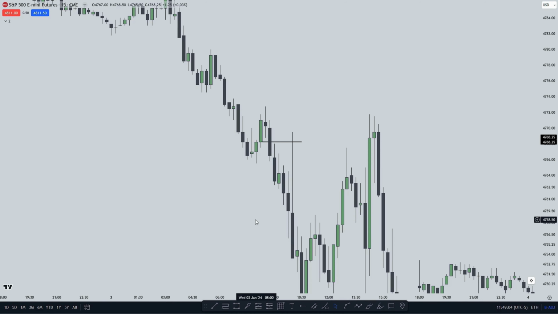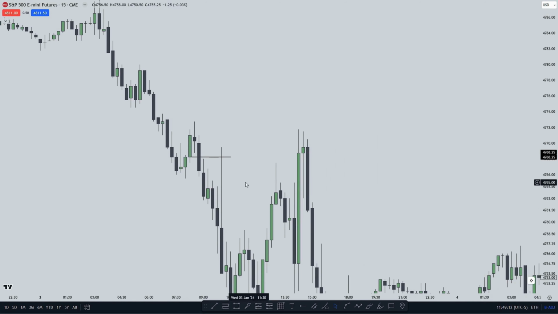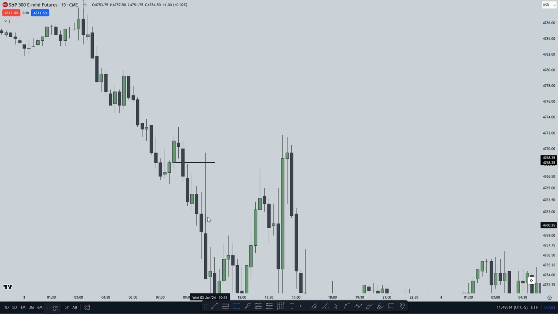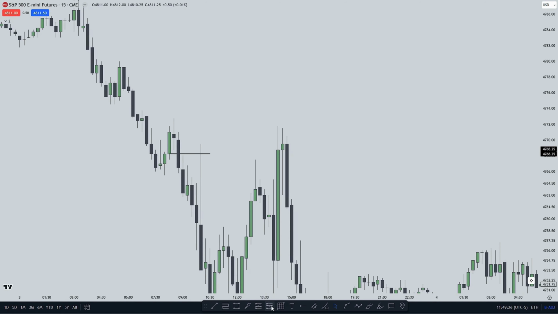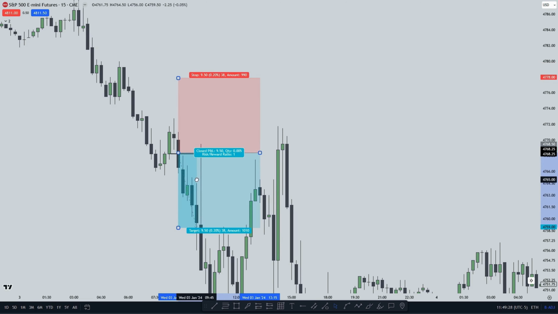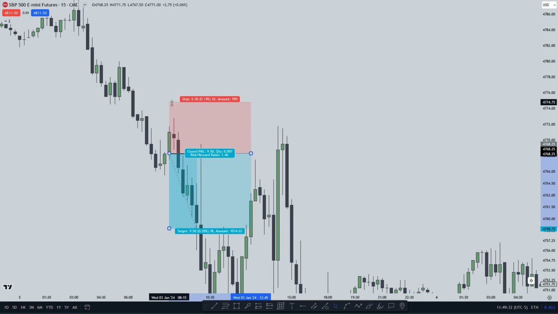So there are some important things that we want to be looking for when we look for a continuation order block. First of all, there is a fair value gap within the continuation order block. And when we see that, it validates the continuation order block. So in that case, we could short right when we touch the continuation order block and put our stop loss at this high